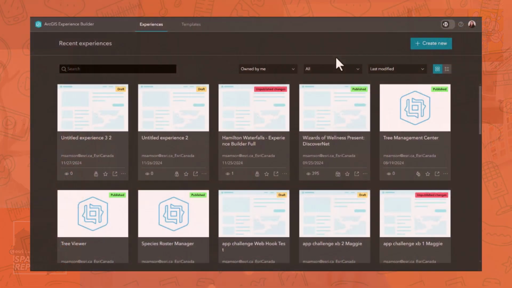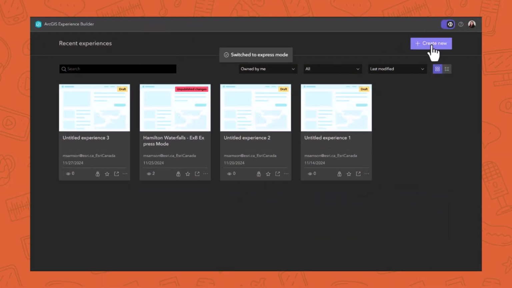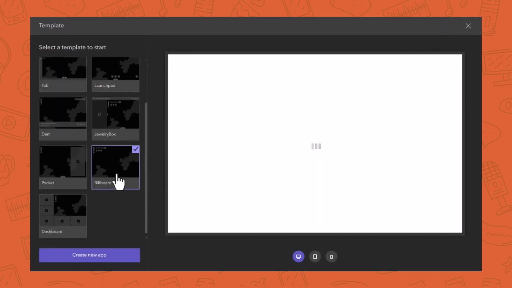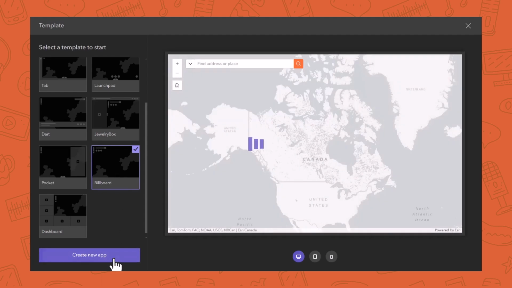That's a perfect segue. That's exactly how I would have introduced it, Mark. It's a great transition for anyone that's looking or been working with ArcGIS Web App Builder, looking to start that transition or continue the transition, which, a reminder, is retiring in 2026. This is a great simplified workflow to bring to Experience Builder. You start by choosing a template, just like you did with Web App Builder. And it even includes a few of the Web App Builder templates. So familiar with the foldable, billboard, and launchpad, those have carried over into the new ArcGIS